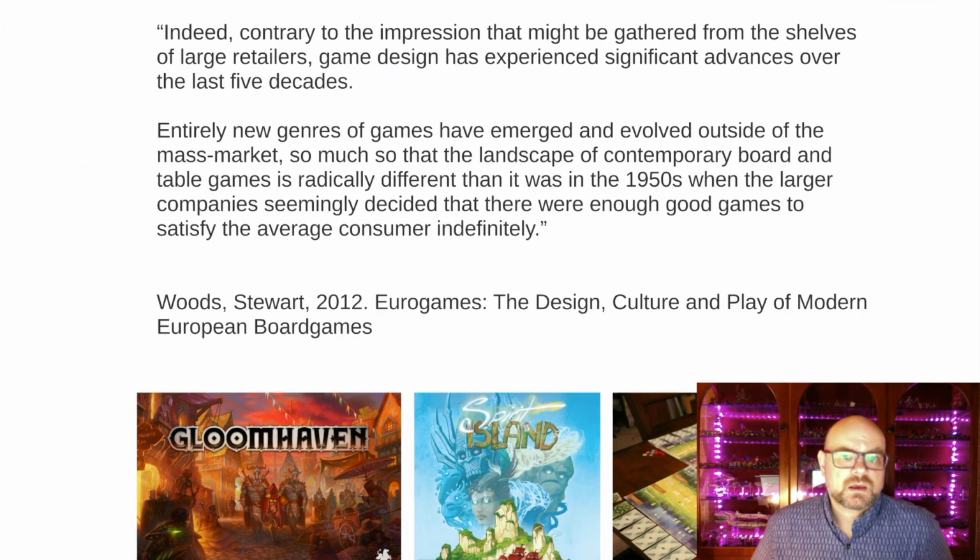So, contrary to the impression that might be gathered from the shelves of large retailers, game design has experienced significant advances over the last 5 decades. Entirely new genres of games have emerged and evolved outside of the market. So much so that the landscape of contemporary board and table games is radically different than it was in the 1950s, even the 1990s, when the larger companies